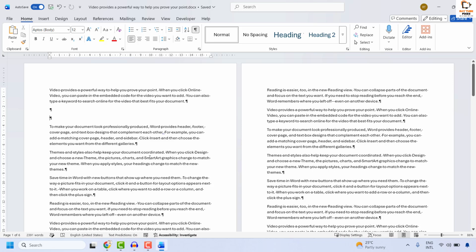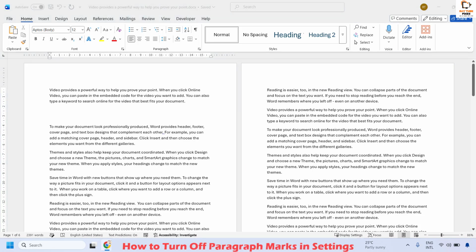The easiest way to remove the paragraph symbol in Word is to go to the Home tab at the top left corner. Under the Paragraph section, click on this symbol to unhide the paragraph symbol or paragraph mark, and that should disable the paragraph mark. Now, in spite of this, if you're still seeing the paragraph symbol in a Word document, another option